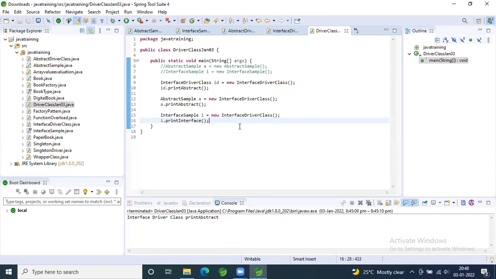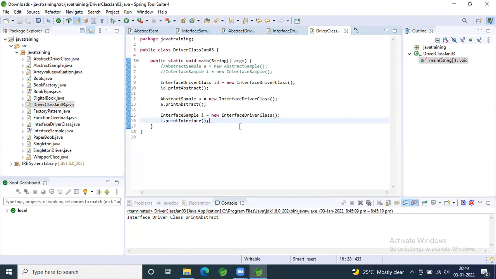Now, you have to implement or extend that particular abstract class in your child, say rectangle or triangle, whatever child class. And then you have to create an object similar to your type reference. Like in line number 12, you have to create an object for your abstract class. And then you have to call all the three methods and show me the output.